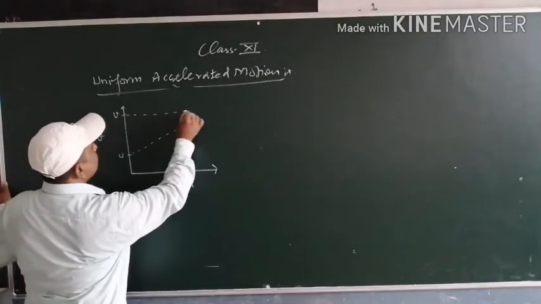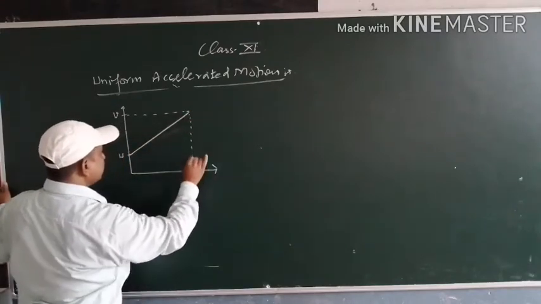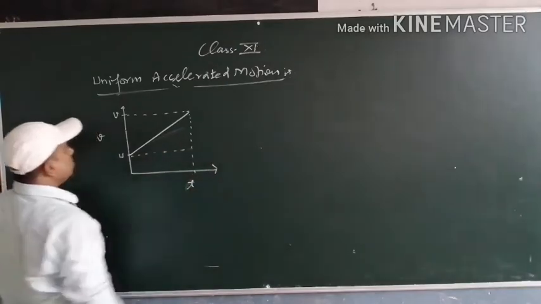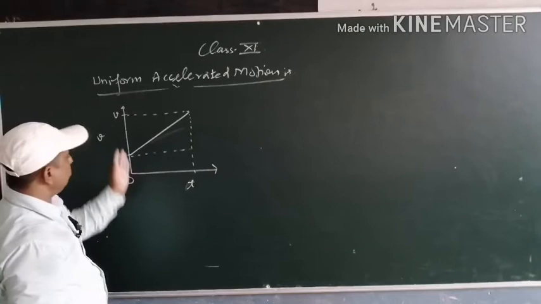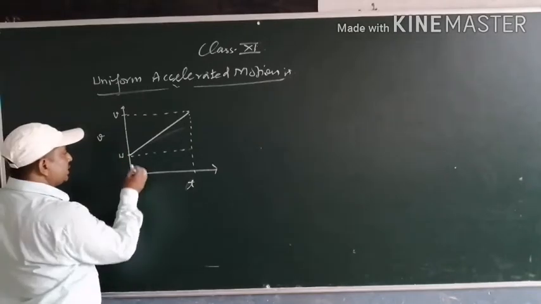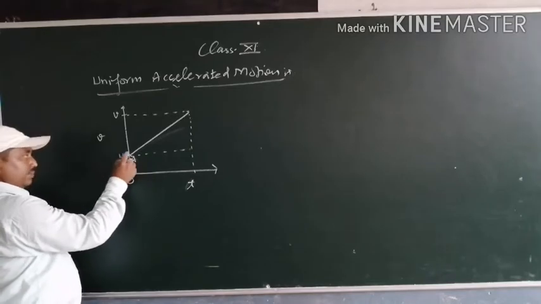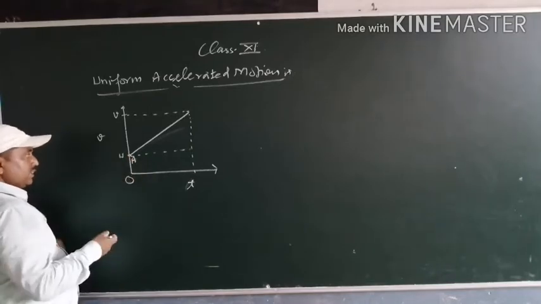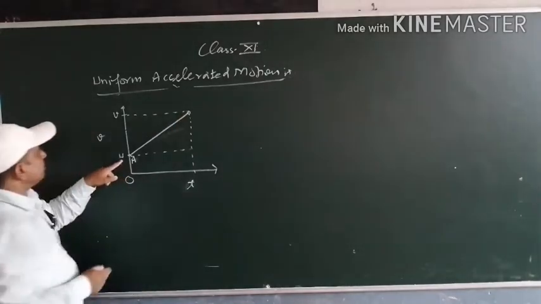Suppose this is the line of the Vt graph, and the object starts its motion from point A, at which it has a speed of u, and attains a velocity v